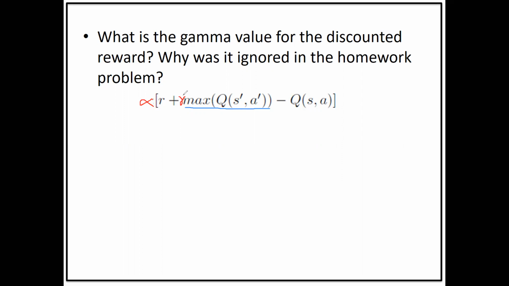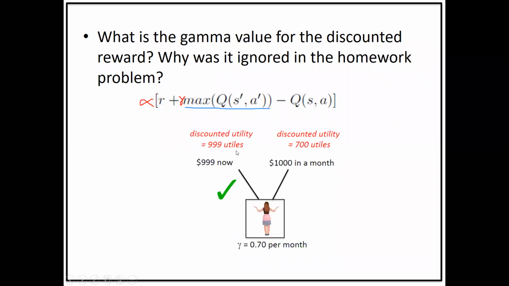So this is essentially equivalent to what we saw in rationality. How did we weight the discounted reward for something you get in the future? If you get $999 now or $1,000 in a month, based on your gamma value, you decide what is the utility of your future reward, or what you get in the future. It's exactly the same here. So here you have a gamma value weighting the max of the next state action pair. So this literally translates into how much do you